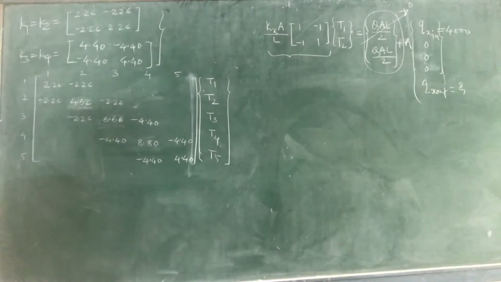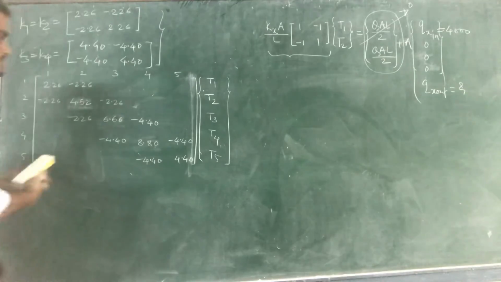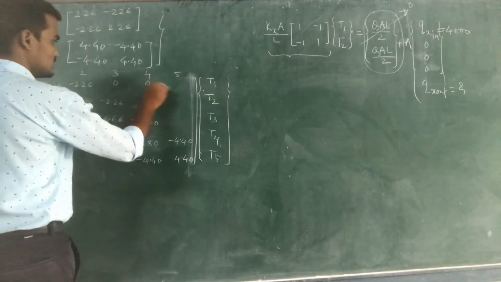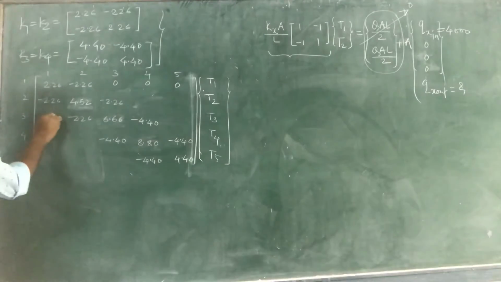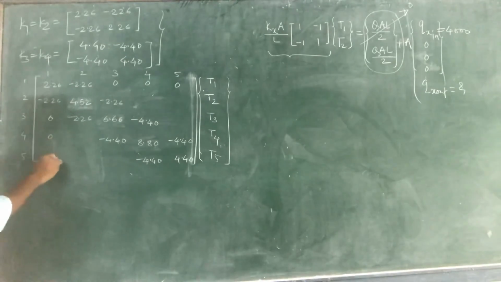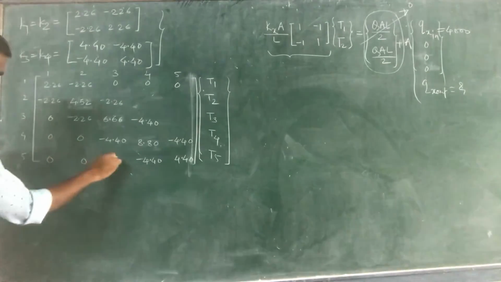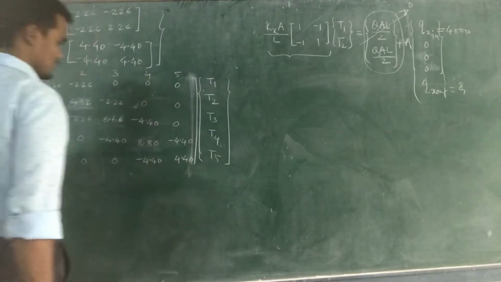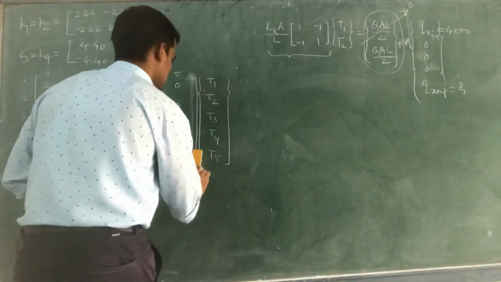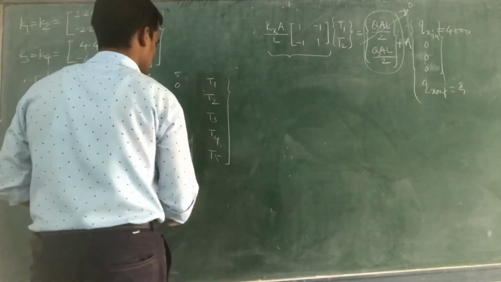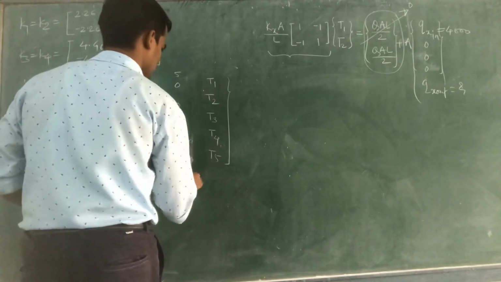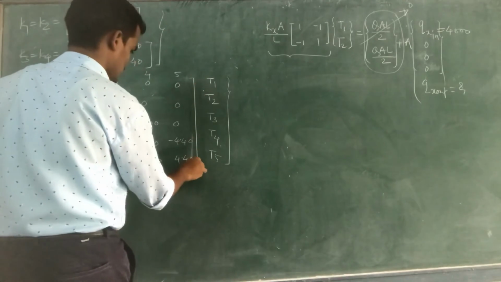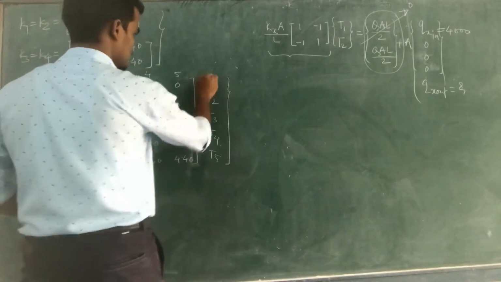Okay, so in this way you will get this global stiffness matrix. Remaining terms are 0. Okay, so in this way you can write your elemental stiffness